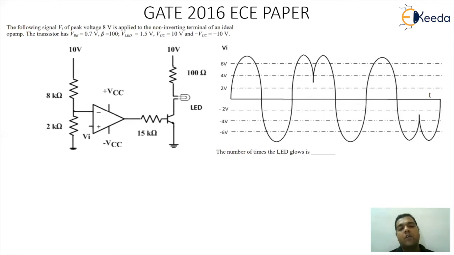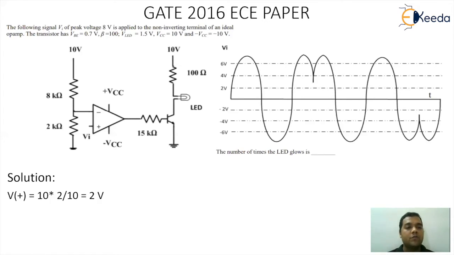So first of all, what we need to understand here is under what situation the LED will glow. Remember here the transistor is working like a switch. If it's a closed switch, the transistor will turn on and then only the LED will glow. If it's an open switch, implies the transistor is off, the LED will remain in the off state. So for the LED to glow, the op-amp should produce a positive output, that is your VSAT value. And that is possible only when the V plus pin, that is your VI input, crosses the voltage value of the V minus pin, that is the inverting pin voltage.